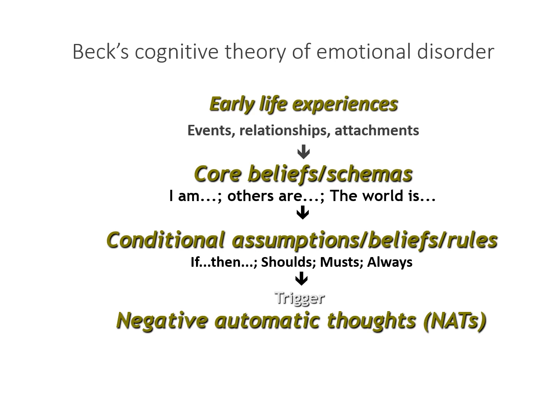These conditional assumptions, beliefs and rules then trigger negative automatic thoughts. So one of my core beliefs as a child would have been that it's important to be a good person, and this was generated by a loving and nurturing father, primarily, who showed a huge amount of unconditional love. So then I would be thinking conditionally that if I was good and kind, then people would be very, very kind back to me, that I would have a good and happy life, the teachers would love me, I'd do well.